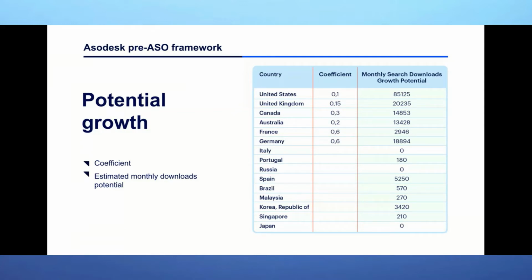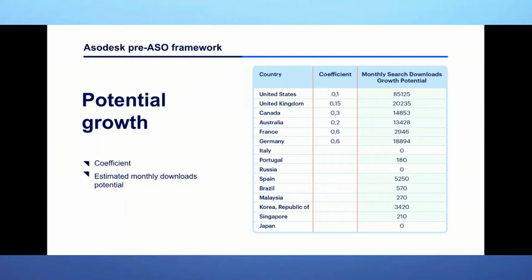So what is the coefficient? The coefficient is set by marketing teams. This is a number which is set voluntarily by decision makers, marketers, sales, etc. So when setting this coefficient, we should take into consideration competition on the local market, the current state of our application on the market, etc., etc. So all the data we analyzed in the previous parts of the framework. So basically, the idea here is that this coefficient should be based on all previous information and may be different